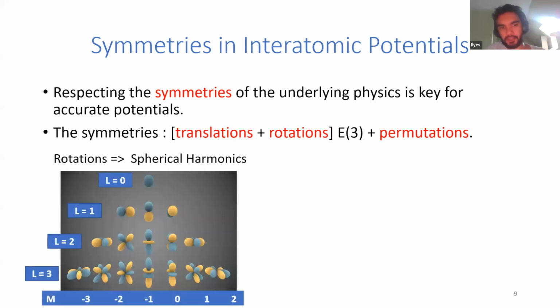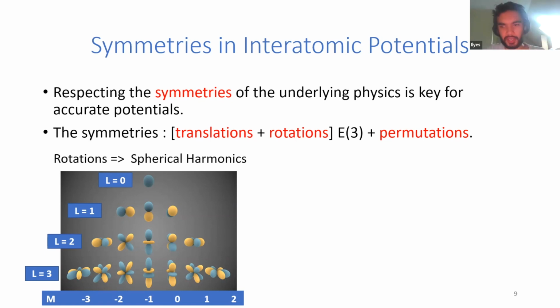So for the rotation symmetry, I think most of you are familiar with spherical harmonics. Just translation plus rotation is SE3, right? And with reflections, we have E3. But usually our models are also reflection... well, rotation is proper rotation or non-proper rotation. So actually the reflections are part of the rotations. So here you consider all the types of rotation, which makes it E3.